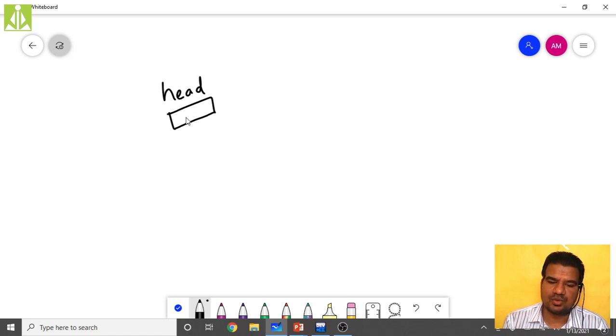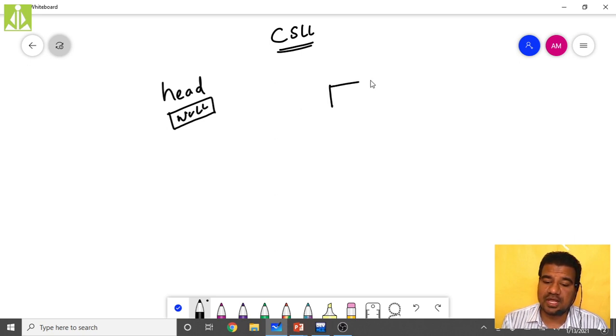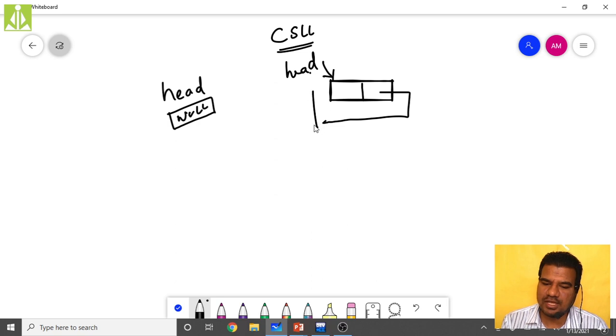It indicates that you don't have any nodes inside your CSLL, circular singly linked list. If this is the case, then the only node which you are creating will become head. Head should point to this node, and the only node's next pointer should point to the same node, like this, isn't it?